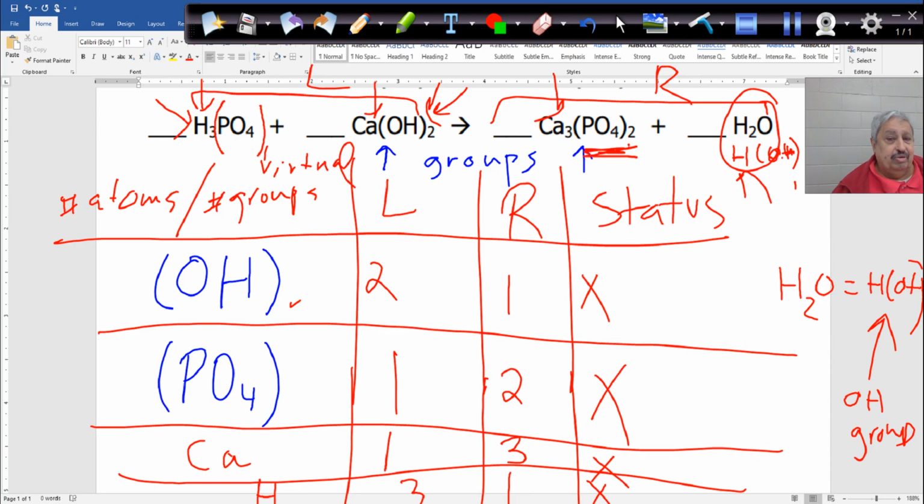I go by the groups. I said to myself, or you can go with the calcium. I mean, it's up to us, but it's better to start with the groups. So I have the phosphate here is 2. The phosphate is 1. So how about putting here